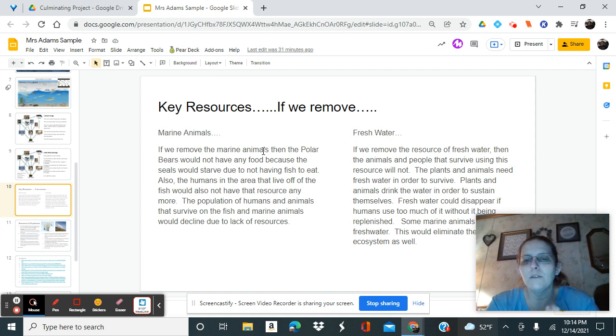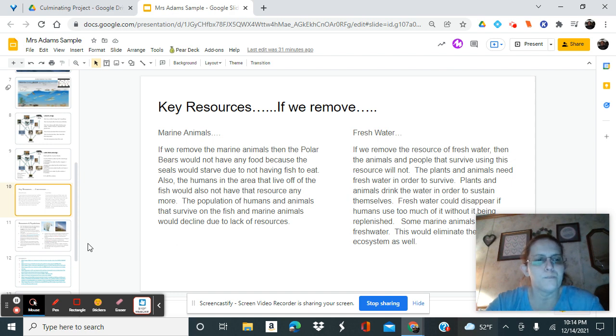Some marine animals live in the freshwater, so this would eliminate them from the ecosystem as well. So that is just 2. I used multiple key resources. I removed those from the ecosystem and then predicted what would happen if they were removed. So that's